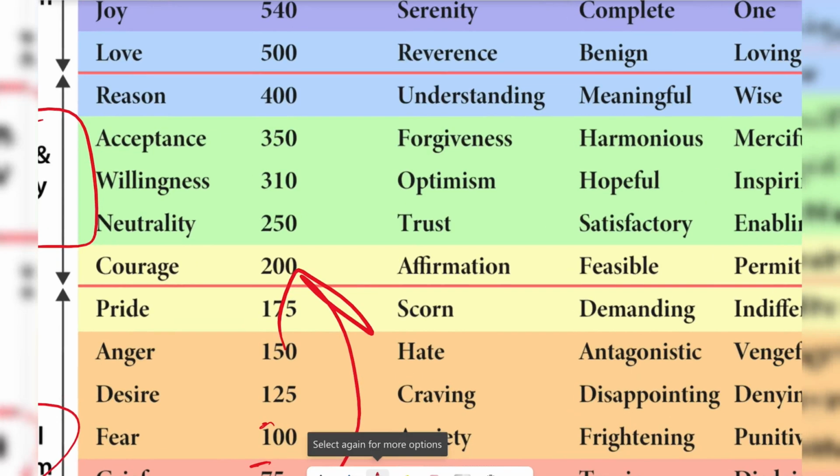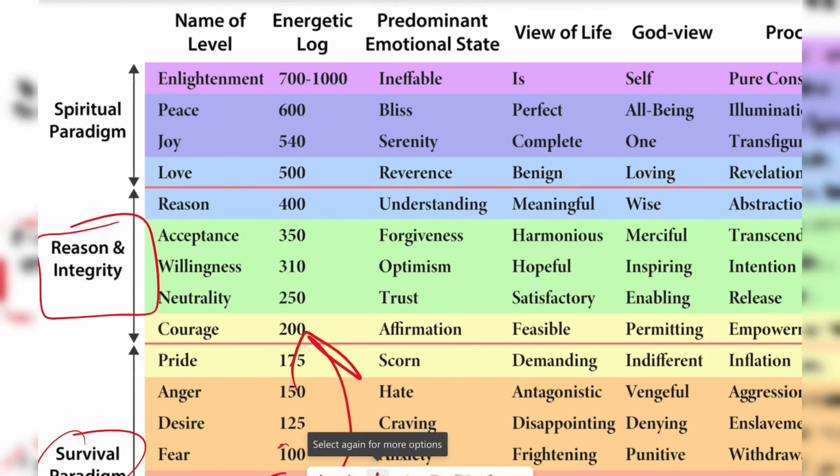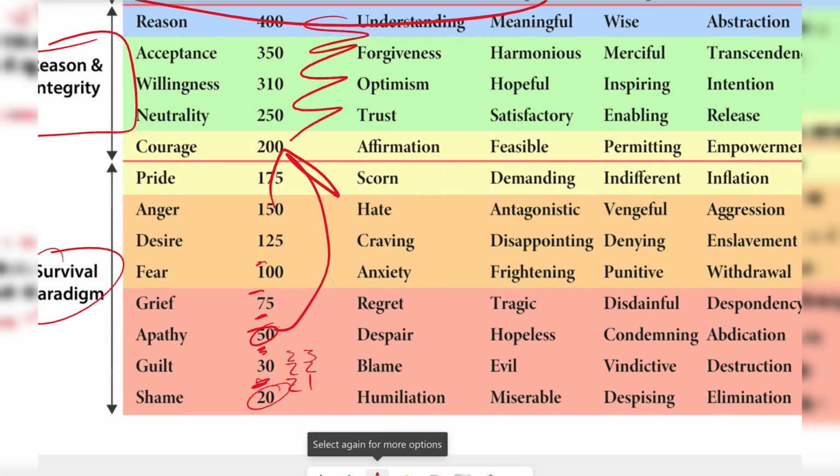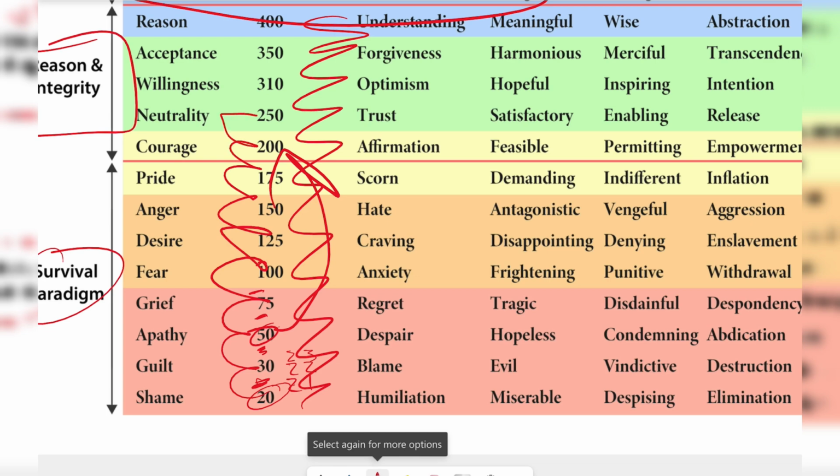And that to operate up here at these levels in the spiritual paradigm, you have to understand the consequences of every single level below it. And so to climb up level by level by level by zeros, by zeros, by zeros,